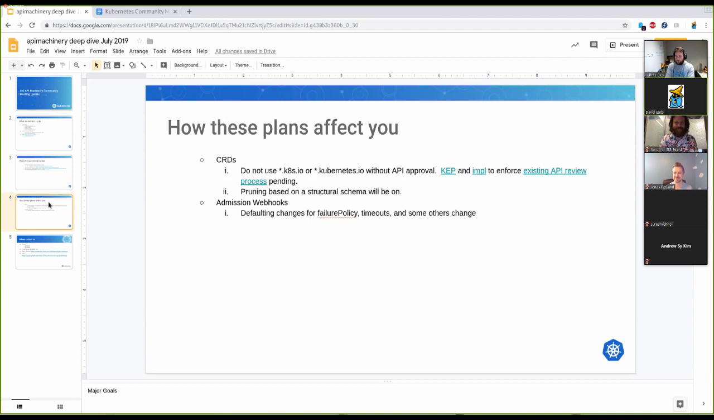Admission webhooks, the defaulting changes are going through. There's several of them. I've called out the two that I think are most important here. Failure policy: if you don't specify it, you're going to go from ignore, which is fail open, to fail, which is fail closed. And timeouts. So if you have a slow one, the timeout is changing. I think it's shrinking from 30 seconds to 10-ish, much shorter. And so